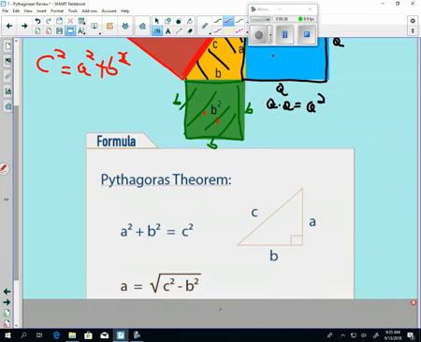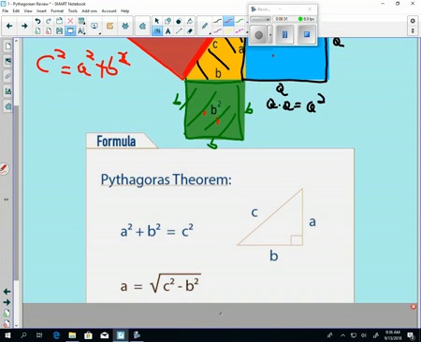So Pythagoras' theorem is written as a squared plus b squared equals c squared. Now, if we only want to find what c is, we have to develop a formula. How do we find just the side, not the whole square, but the side? Well,